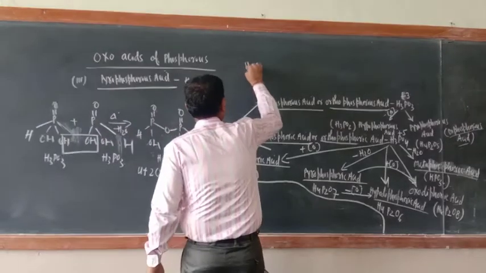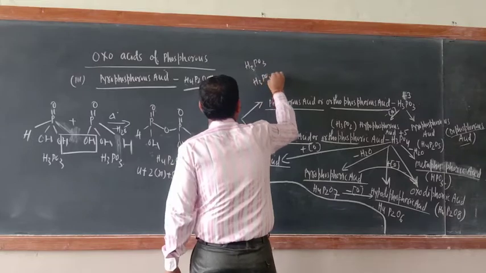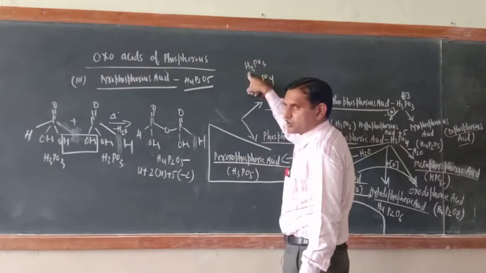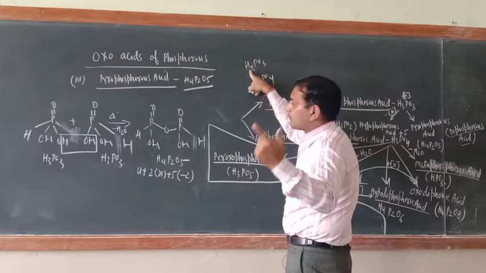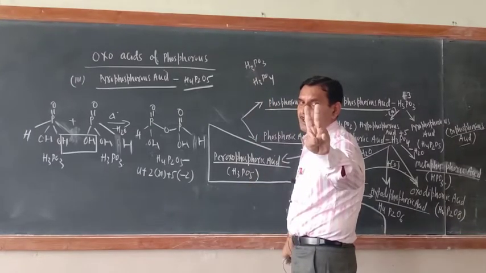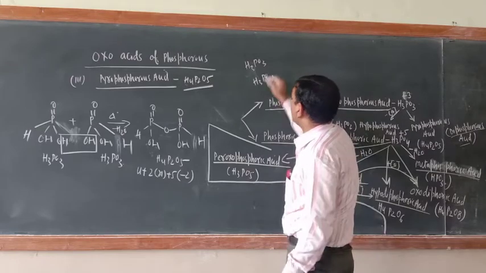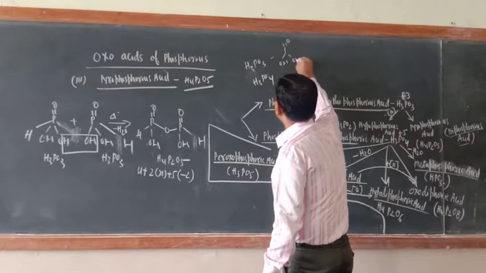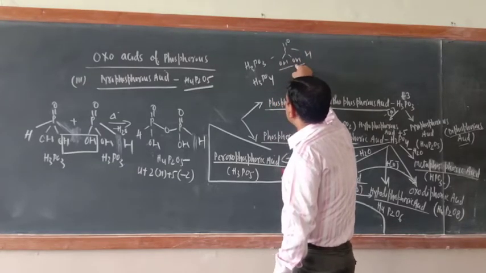Like, try to understand. H3PO3, H3PO4. Now try to understand here. H3PO3, how many hydrogens are there? 3. So it seems that 3 replaceable hydrogens are there. But if you see the structure of H3PO3, it is diprotic or dibasic. So how can we come to know? When we write their structure, P double bond O, OH, OH and here H. So there are 2 replaceable hydrogens, 2 OH bonds.